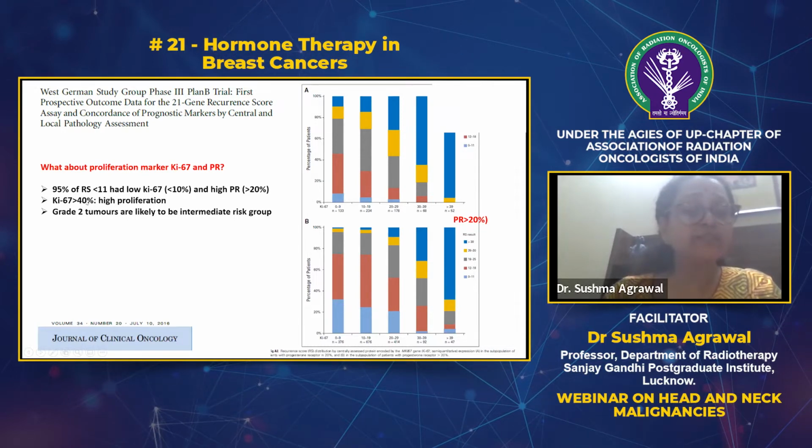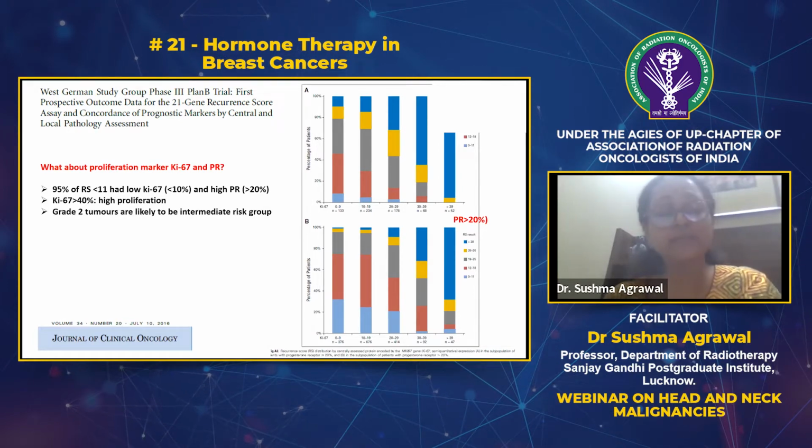The other thing which we understand from this work is that any woman, low grade or early stage, if the Ki67 is more than 40%, you have to add chemotherapy. The third thing is grade 2 tumors are likely to be intermediate risk group, grade 3 are high risk group. So in a country like ours, we can select those patients for endocrine and chemotherapy based on the risk factors